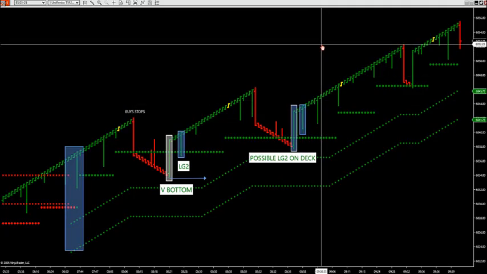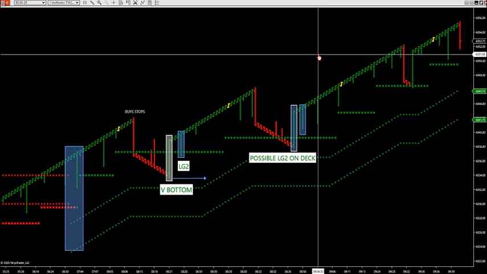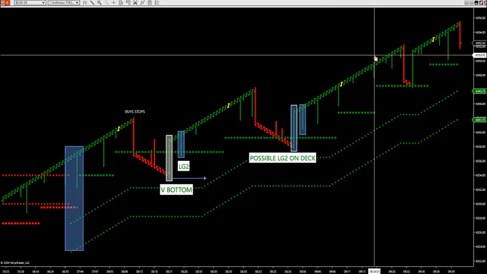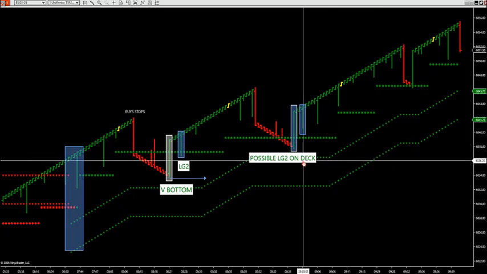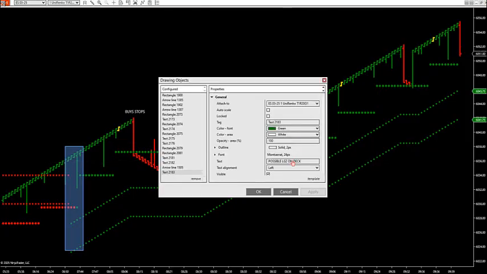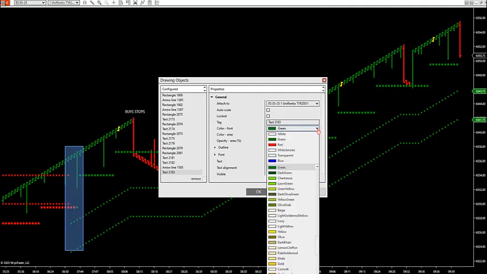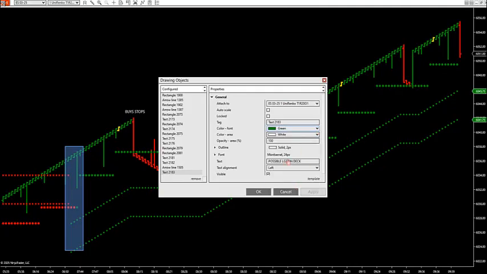Drives as high as 52 on that first push. 52, 43.75 to 52. My target's 51 in the gap. Drove right to it, right? We have this opening gap already. We already knew that based upon the market profile gap. So this possible LG2 on deck, it's solidified and turned into an LG2